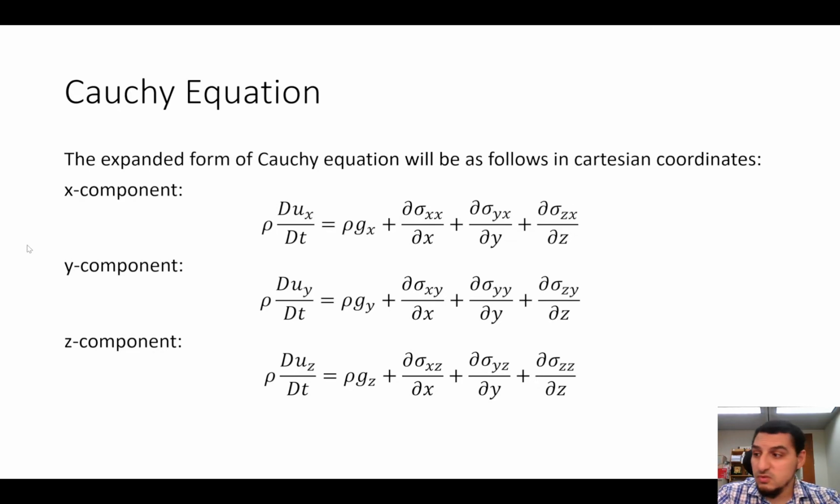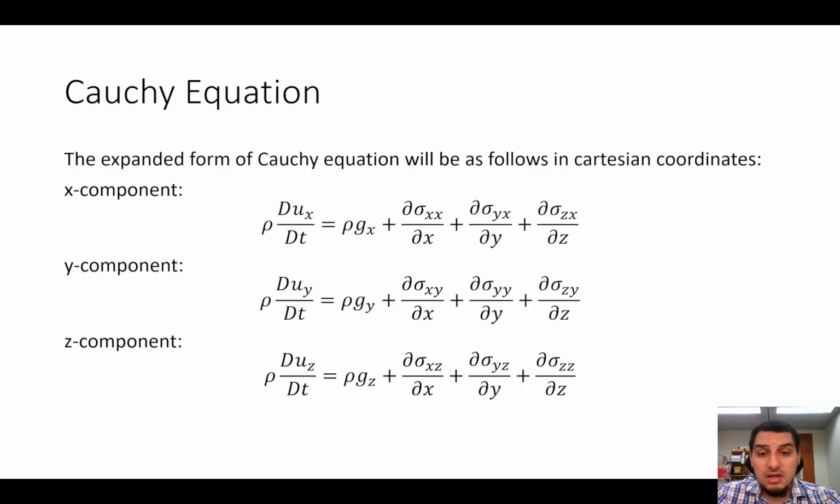Hello, everybody. Now we are going to see how we can deal with Cauchy's equation that we derived last video. If we look at this equation, you would see that we have three velocities. These are the variables that we want to calculate from this equation. We have three variables. We have 9 components of the